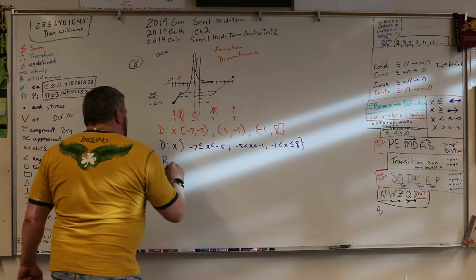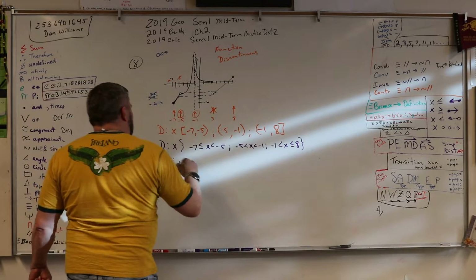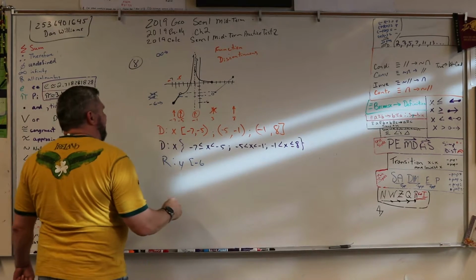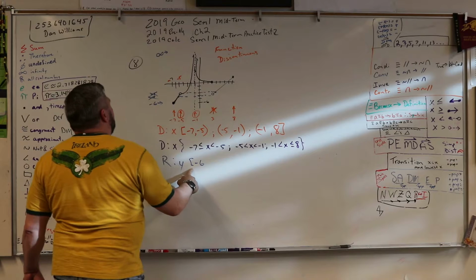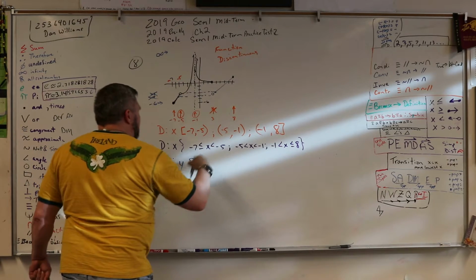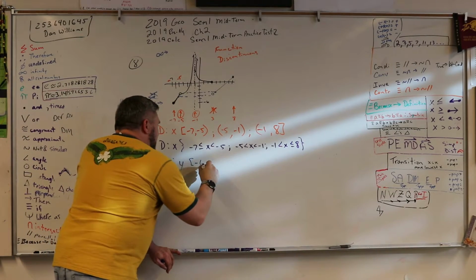So it would be the range such that y, and the lowest, again, it was equal to -6. So that's a hard bracket. And then the x. Now here's the thing. This one's different. When you're dealing with